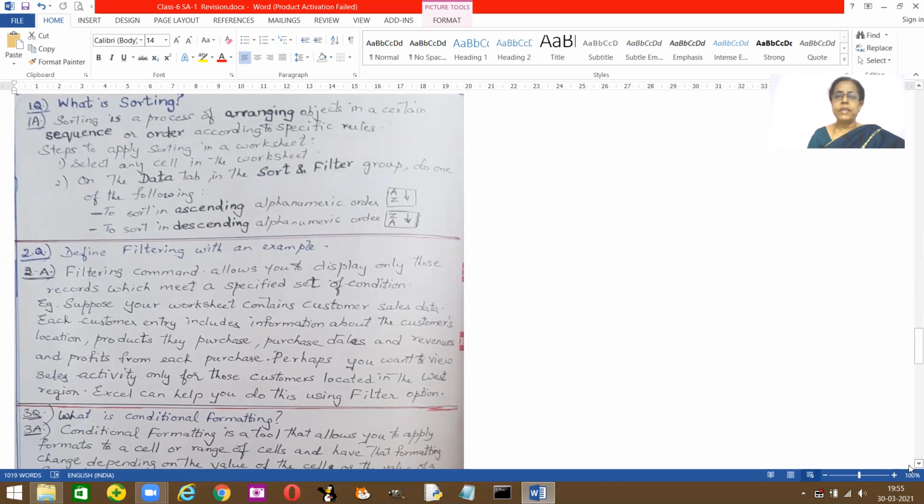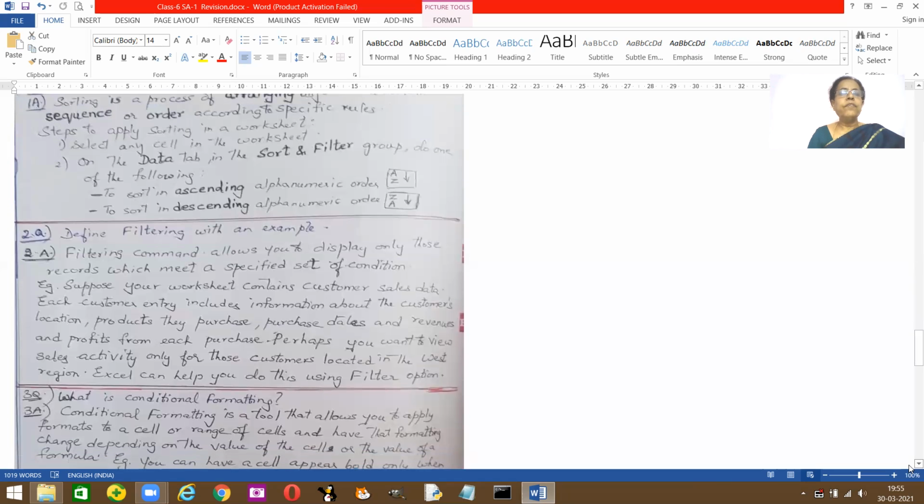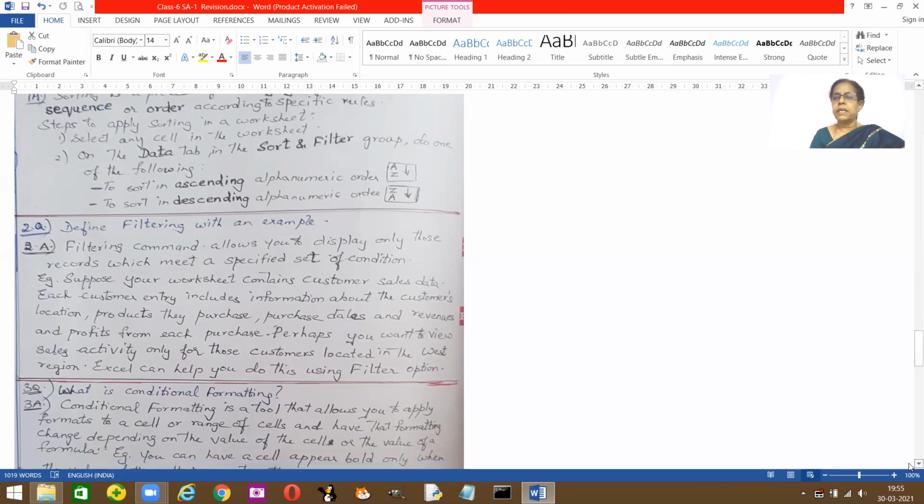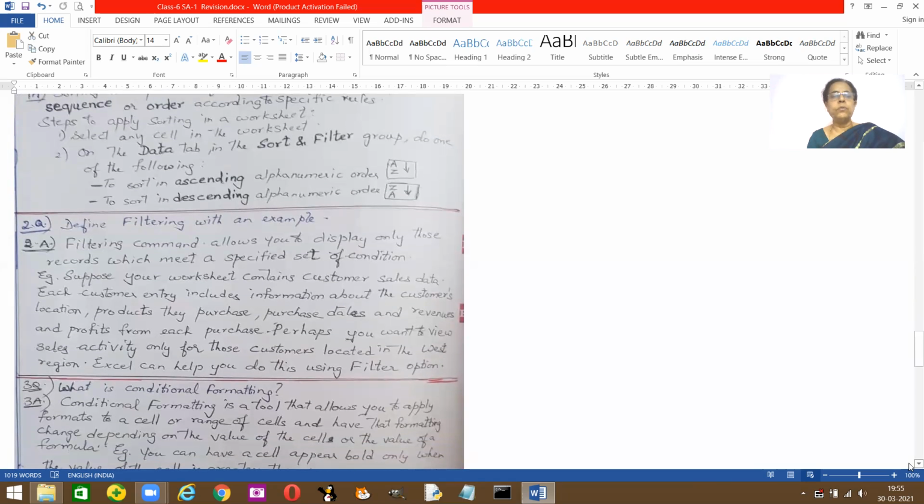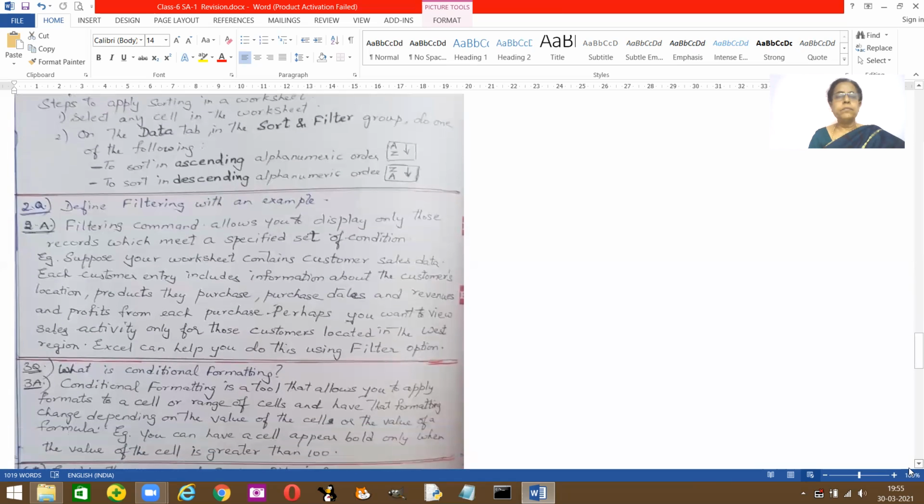Sorting is a process of arranging data in an order, that is alphabetical order, and ascending or descending order. Filtering is, suppose you're searching for all the people who got above 80 marks, you can filter and then check. Examples of filtering: some customers, I gave you an example in the school, I made you do that, who all borrowed the library book and did not return, so check filtering.